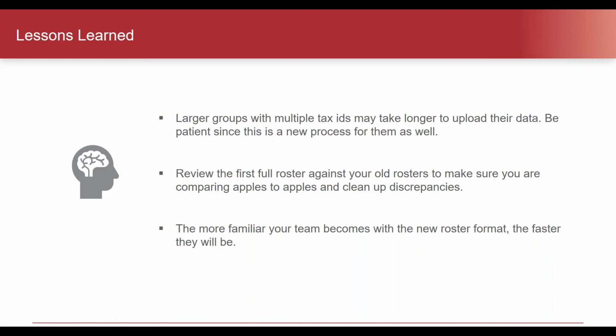So the bigger the groups are, the longer it might take them, depending on how good their data is. They need to scrub their data up front before they submit it to you. So you don't want to have bad data coming from them and then load bad data into your system as well. The smaller groups, of course, were a lot quicker. I noticed that one of our smaller groups during the beta testing had a test file the same week we went live with the beta testing. So we were able to see very quickly what the whole process was going to be like, which was really neat.